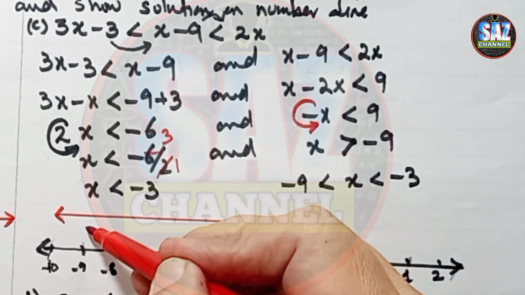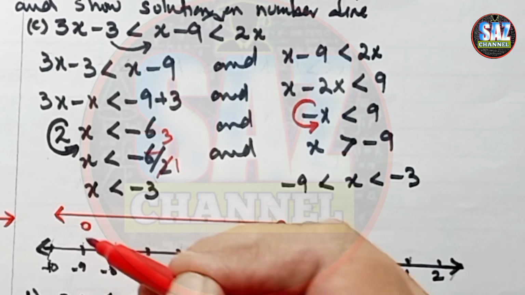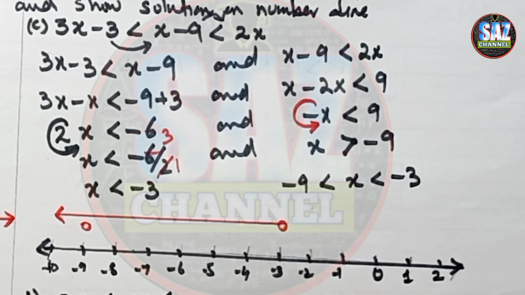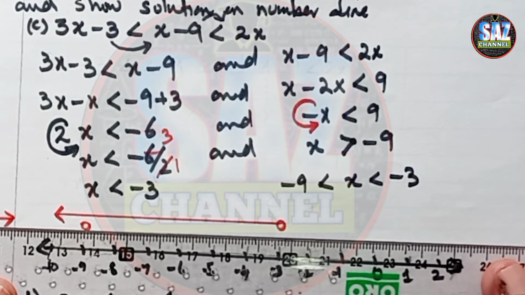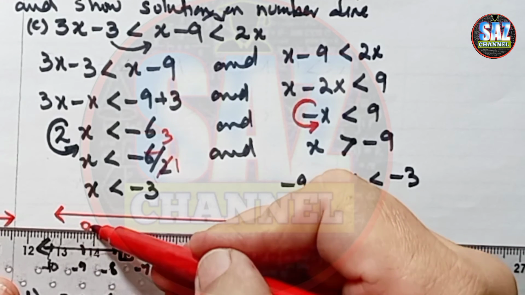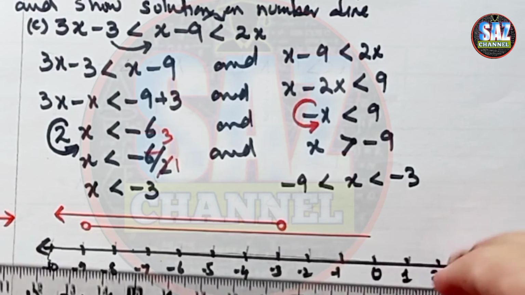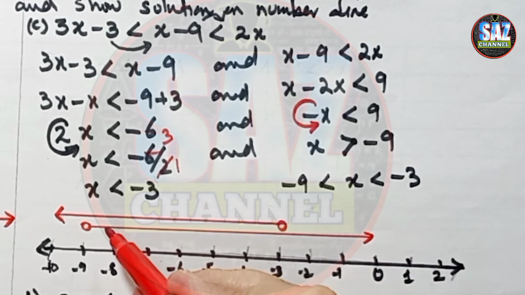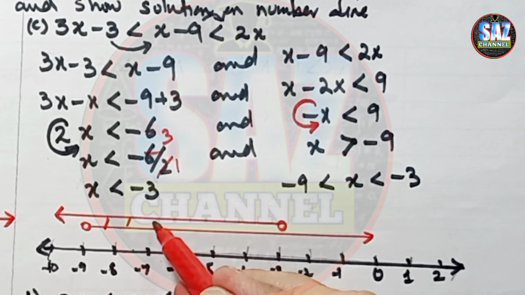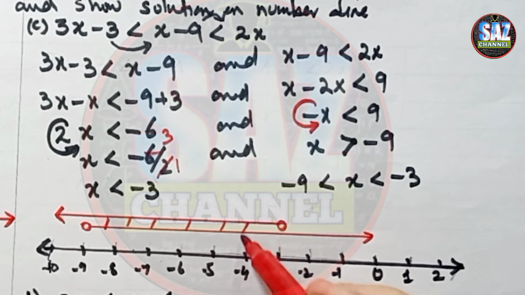And the second is x greater than minus 9. That will be starting from this point, x greater than minus 9, but we will be marking hollow dots because these are just greater than and just less than conditions. So this is the x greater than minus 9 situation. Now we can see that the portion of the lines which is overlapped by both is the answer region for this question.